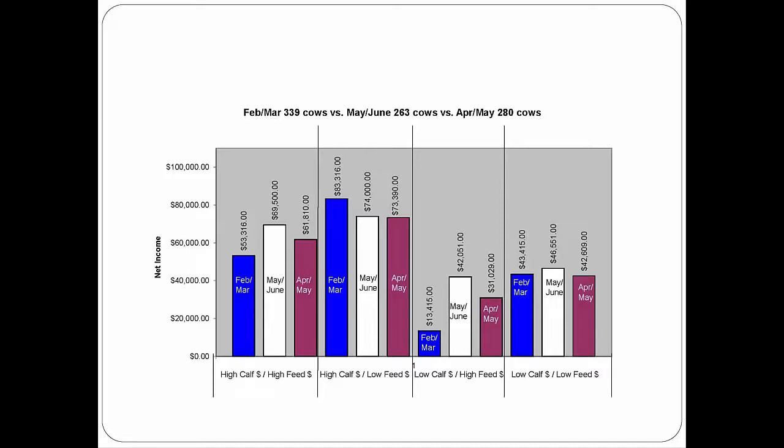And you can see in every one of those columns, that May-June calving season came out on top except for this one here with the February-March, with that high calf and low feed prices. And really, that's where we were when feed was so cheap, right? Relatively speaking, our calves were worth enough more money that it put a February-March calving season on top. So,